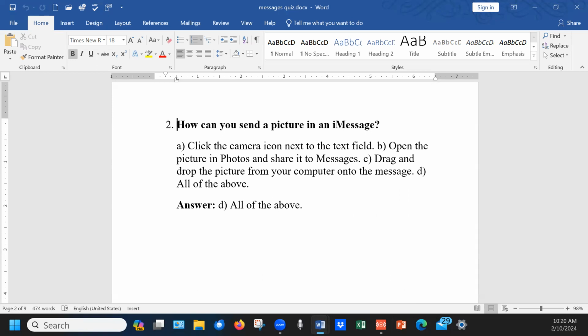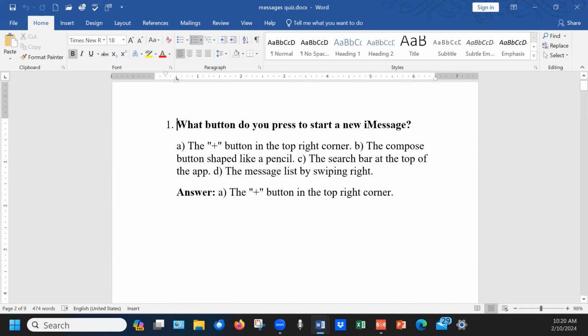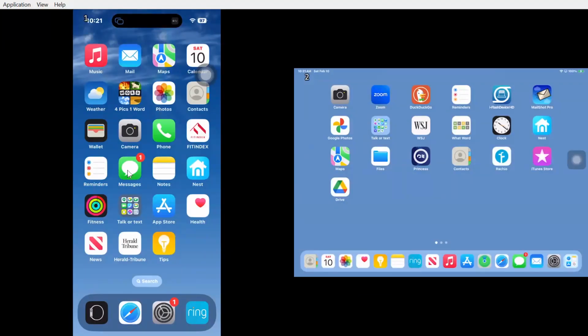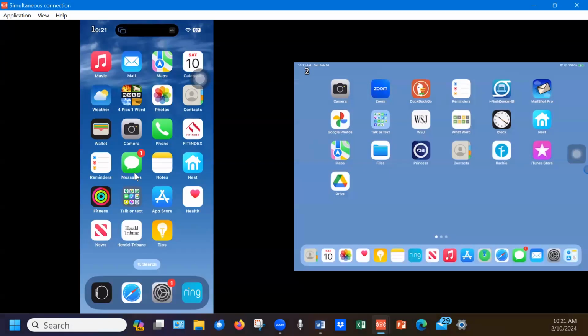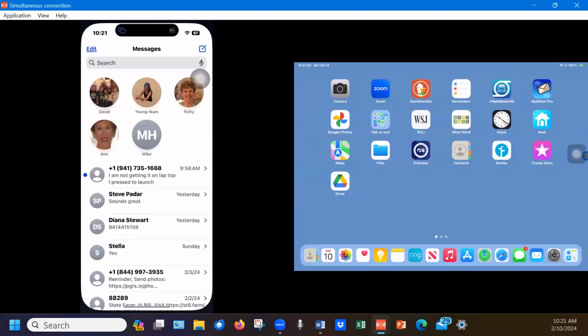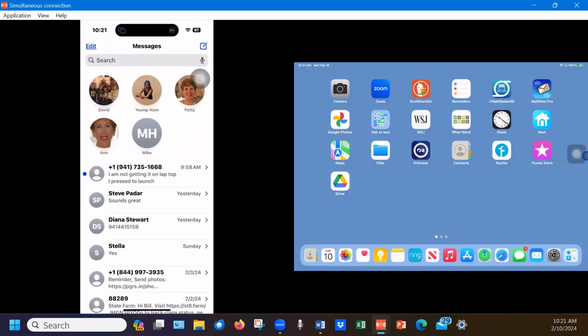Bill, could you go back to 1, please? Sure. It says the plus button, but I have a box with a pencil. I think there's a difference here. If you're starting a new message within a text message, you would hit the plus button at the bottom, or you actually just start typing next to the plus button. But if you want to start a new message just for messages, you'd have to use the square with a pen in it. Right. You use the plus when you've already selected the person you're going to send it to. That's pretty good. Okay, thank you. If you want to start a new message,